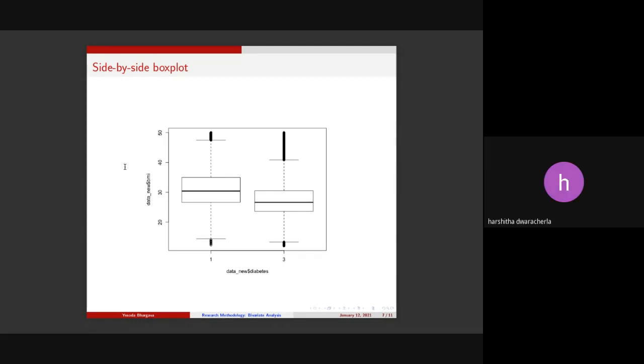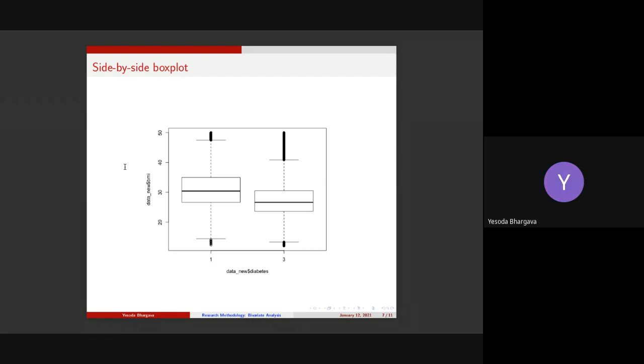The minimum for both the categories is almost the same. The minimum value in each category is almost the same, just a slight increase in people who are diabetic. Yeah, slight. And the maximum is much lower in the non-diabetic class than in the diabetic class. And what could it possibly mean? People in the diabetic class have a higher maximum BMI value.